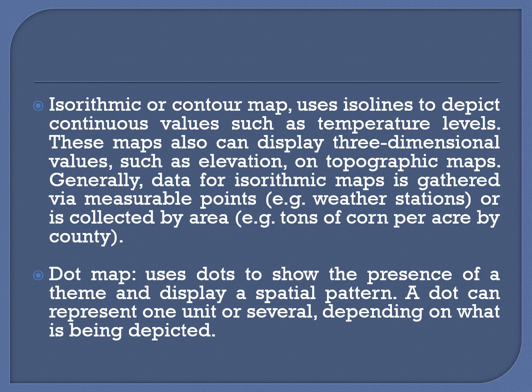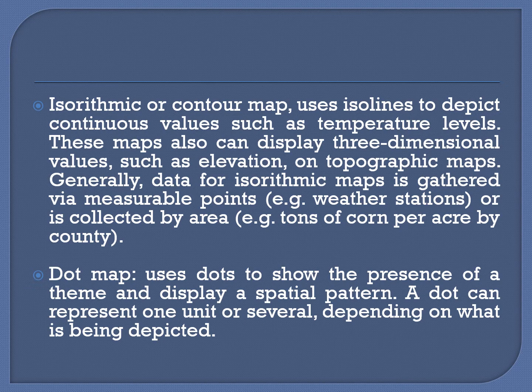You have studied in your weather map analysis and representation how you draw an isotherm or an isobar and all. So they are always continuous values. And from where will the data generally be gathered? The data are generally gathered from measurable points. For example, any climatic data, we will be measuring from a weather station. So from each area, we will be collecting the data, and based on that data, we will be having a continuous value and drawing such type of isolines.